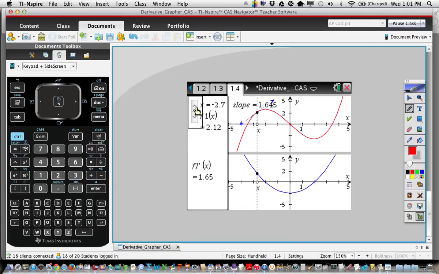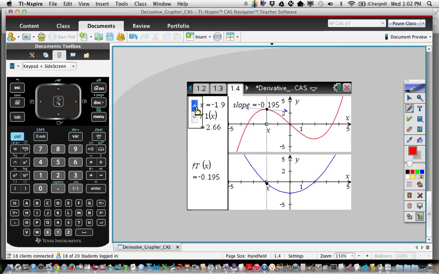And look what's happening on the blue graph. It's going down. It's still positive. But again, I'll say it one more time. The slopes of this red graph are being plotted down here on the blue graph, and that is our derivative graph. So we keep going, and we get to 0, and sure enough, right here at the peak, the slope is 0, so the derivative graph crosses the x-axis. You can see why we'll be interested in roots, because it looks like the roots of our derivative graph correspond to our local maxes and mins on this graph,